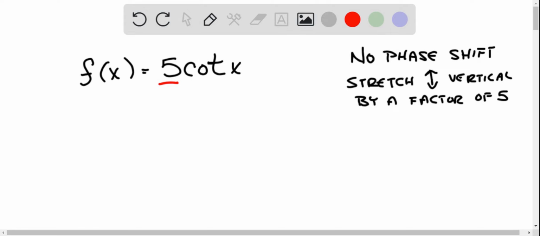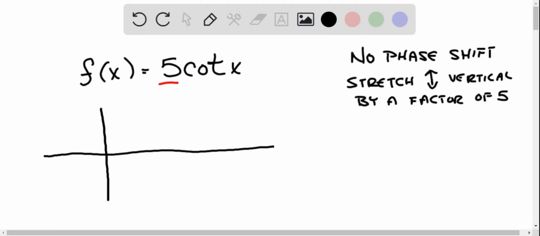Okay, now when you graph a cotangent function, okay, so what we're looking at